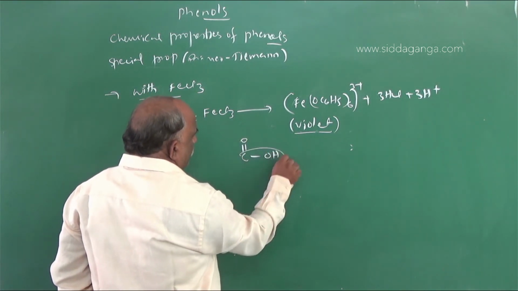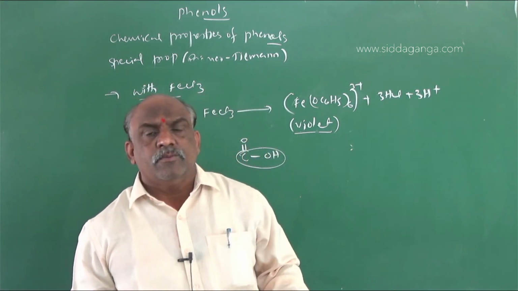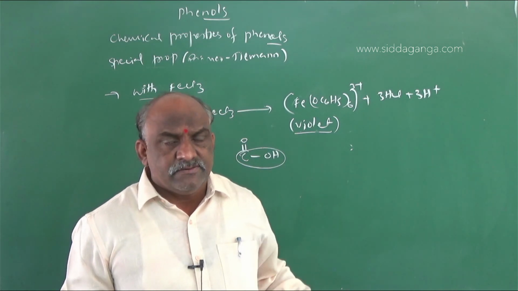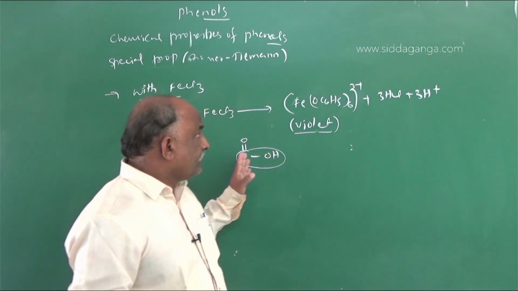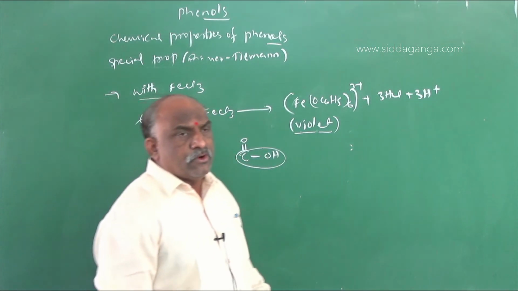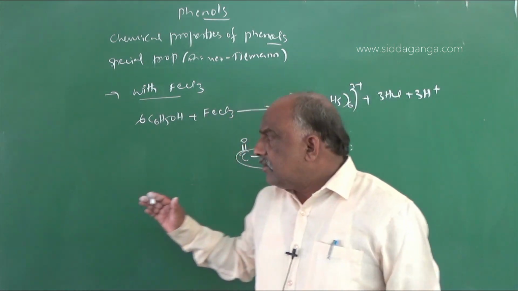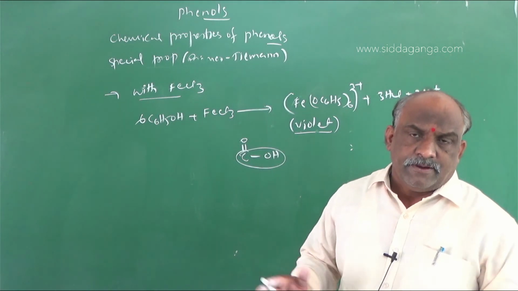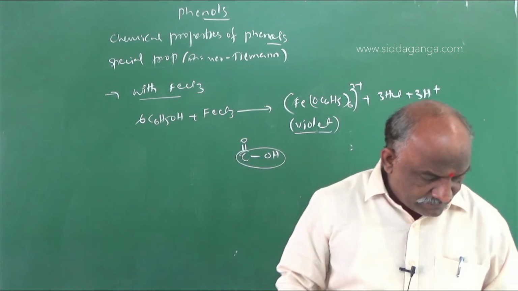So this is said to be the phenolic group. Some more colors will also be obtained, like blue, violet and green; different types of colors will come. But according to our syllabus, according to our concept, we should go with phenol. If phenol is treated with ferric chloride, then we will get a compound that appears violet in color. This is one of the important reactions of phenols with ferric chloride.